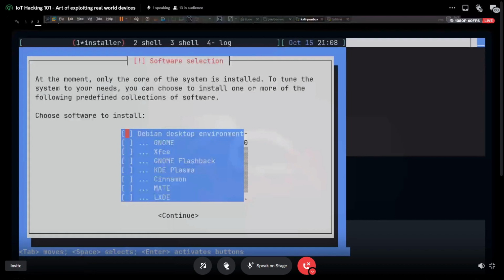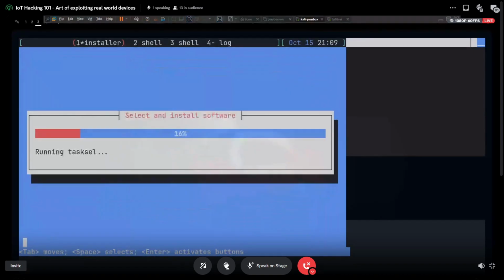Yeah, exactly. If you can emulate stuff, it also allows you to install various packages, right? Like it allows you to install GDB, it allows you to install Pwntools, it allows you to install whatever you want for exploit development within the architecture you are trying to target. So that is the advantage. But yeah, you come here, you can select the software, blah blah blah. I don't want to select it.